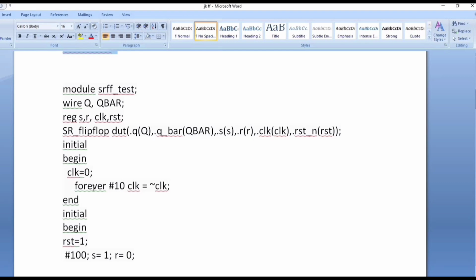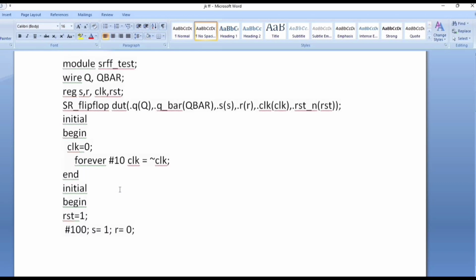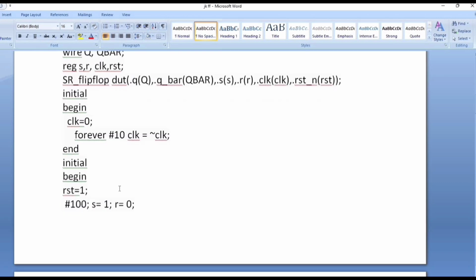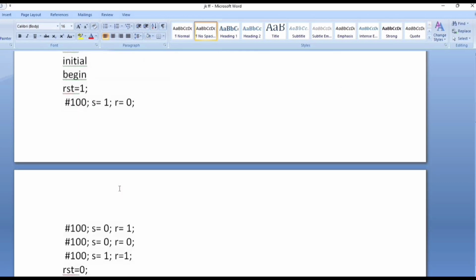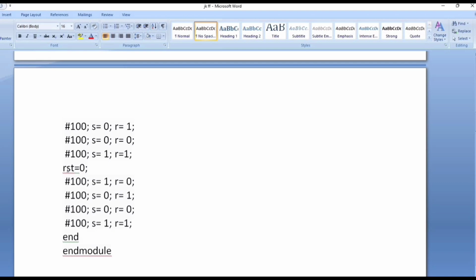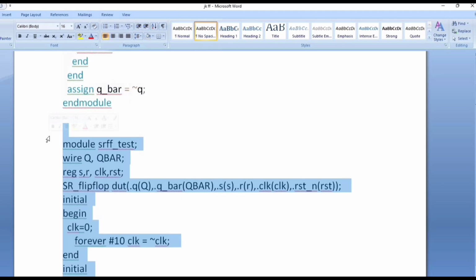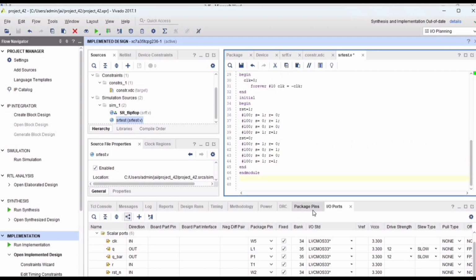Initial begin, clock is equal to 0. Forever, after 10 nanoseconds the clock becomes 1 and it will change, okay, after 10 nanoseconds. And the initial begin, reset is equal to 1. After 100 nanoseconds this becomes S is equal to, I'm giving some random values, okay. After reset is equal to 0, I'm giving these values, okay. So let me copy this program and paste it here. Save this project